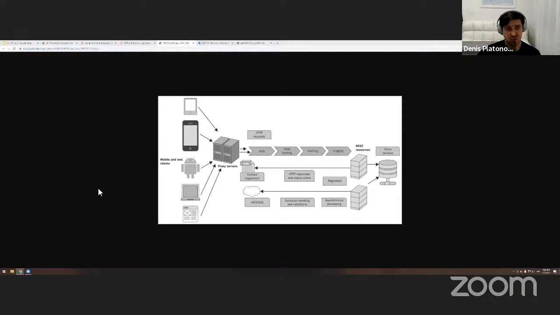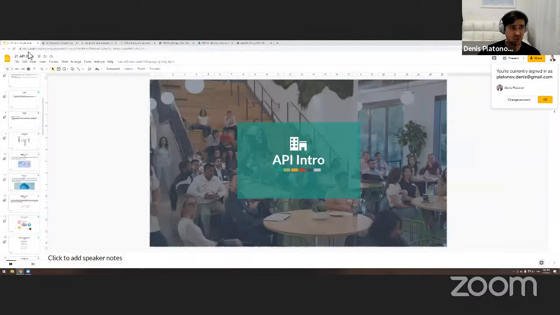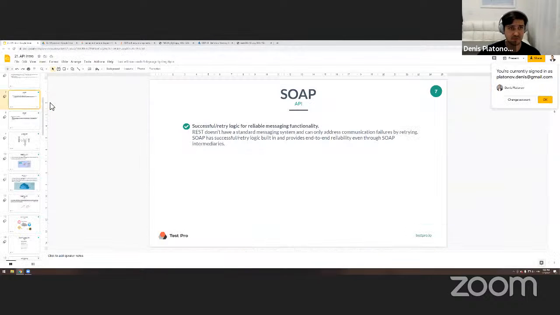Okay, good. So when it comes to backend, there are three most popular types of APIs. One is SOAP API, which was briefly introduced to you, right here. I don't want to go too much into details. Why? Because it's developed by Microsoft. It's kind of old and dated, and not that many companies use that.